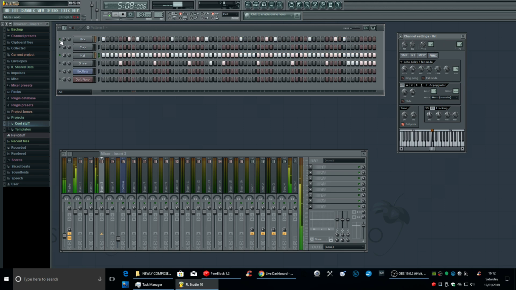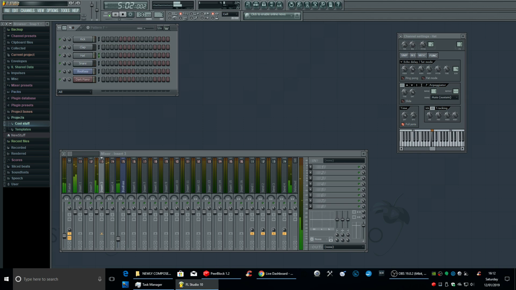Right, so we'll just solo that again, unsolo it. Right. So we'll go into the instrument now. The instrument is what's going to give us the freakiness. Right, so what we'll do is we'll click the piano and we'll come into here, give it an arpeggiator. We'll give it 2 ranges and we'll make it random. Ready?